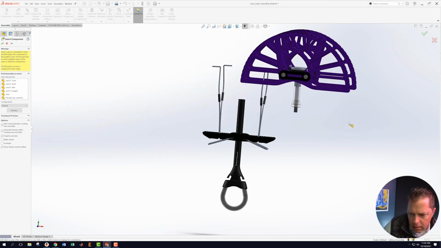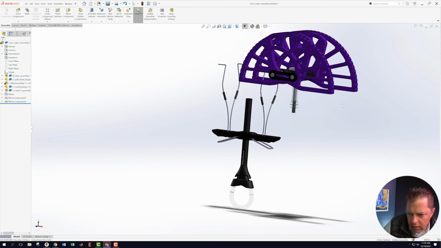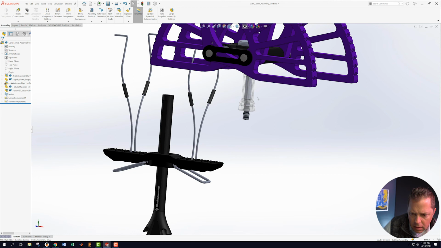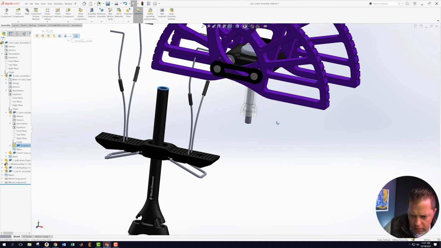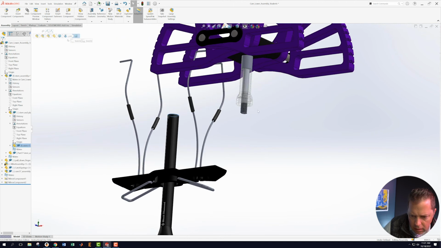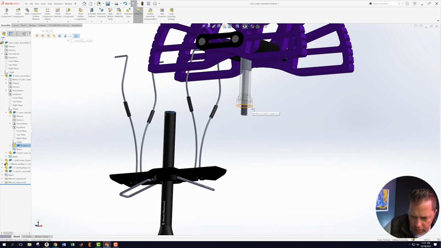Okay, I'm going to drop it there for a second. I can still move that thing. That's good. Okay, so first of all, I want this face and this face